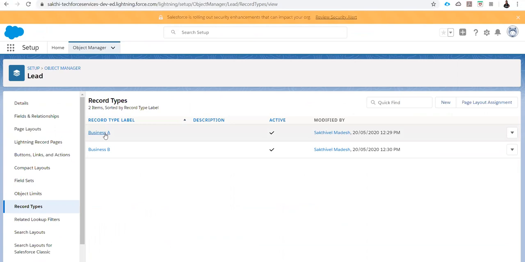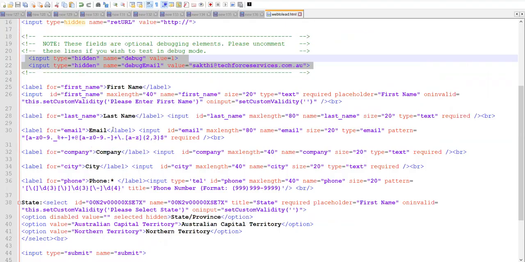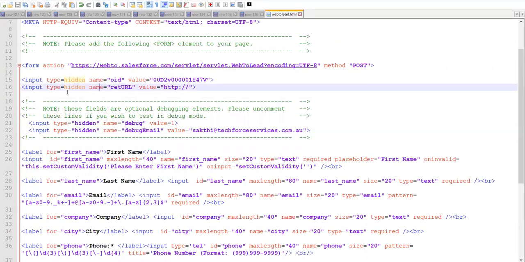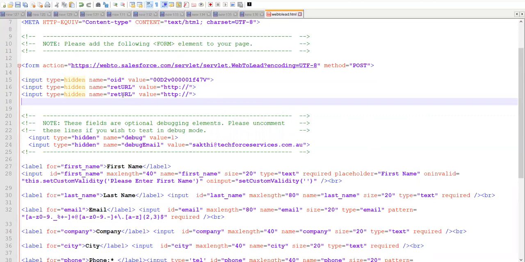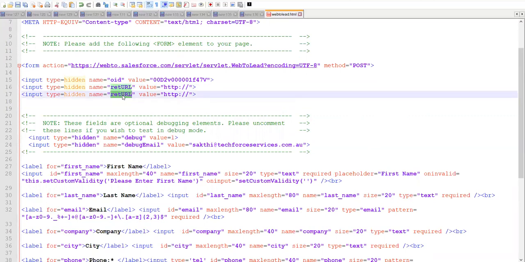For that, we need to add one more hidden field. Let me add the hidden field. The name, and the value, as mentioned, is the record type API name for the record type ID.